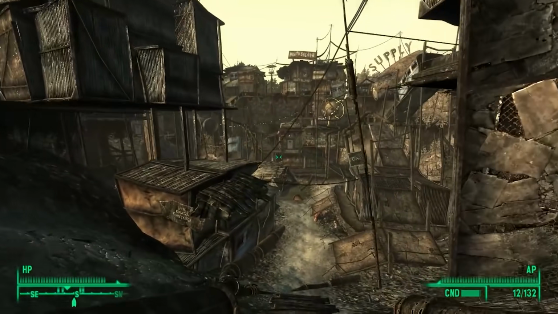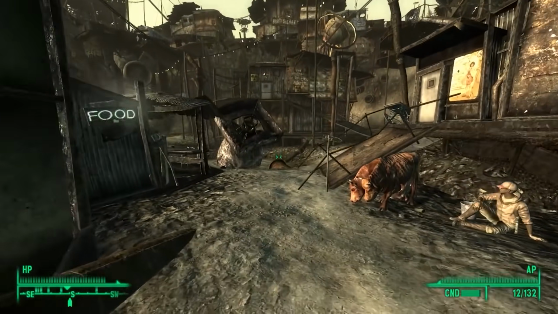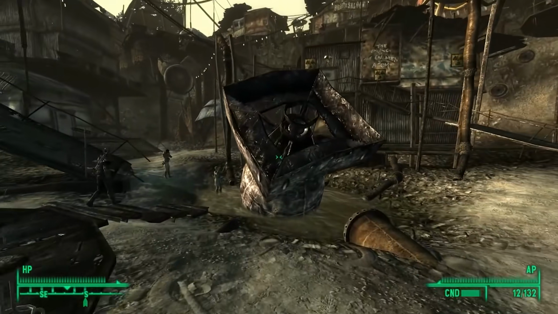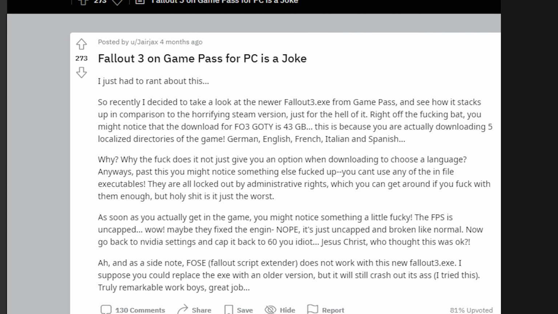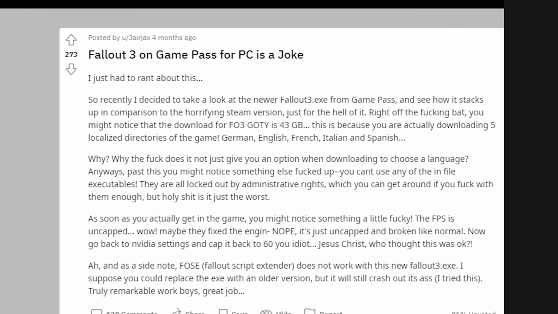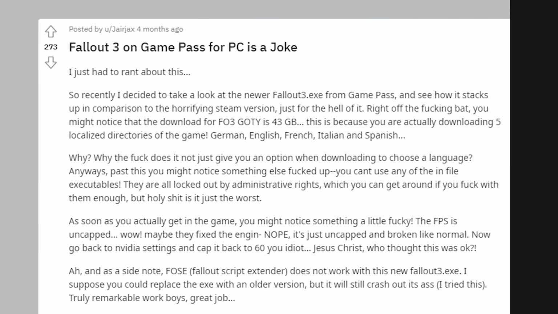I feel this could also be the start of movement on the back end for Fallout 3 on PC, because if you look at this Reddit post here where someone was very upset with Fallout 3 for Game Pass PC, it's actually a 43 gigabyte download because it downloads 5 localized directories of the game in German, English, French, Italian, and Spanish. So again, it just goes to say, as I've been saying for years, that Fallout 3 on PC